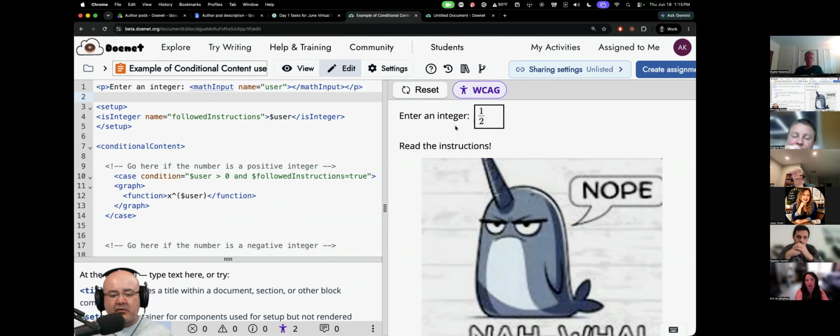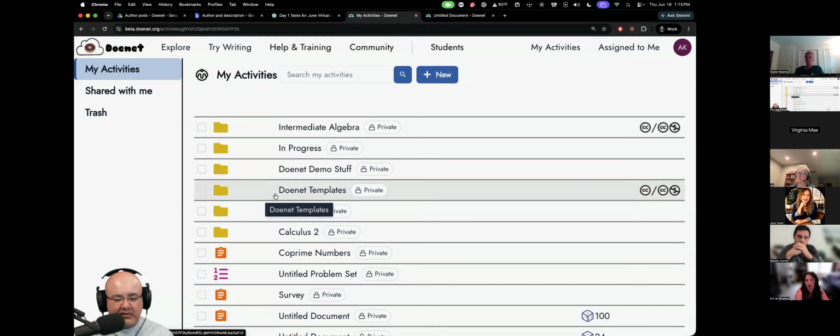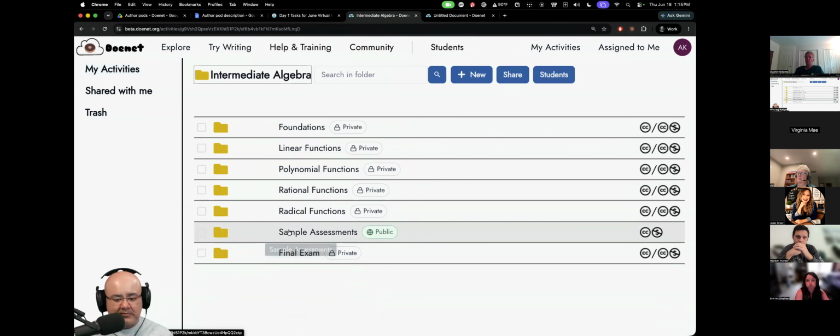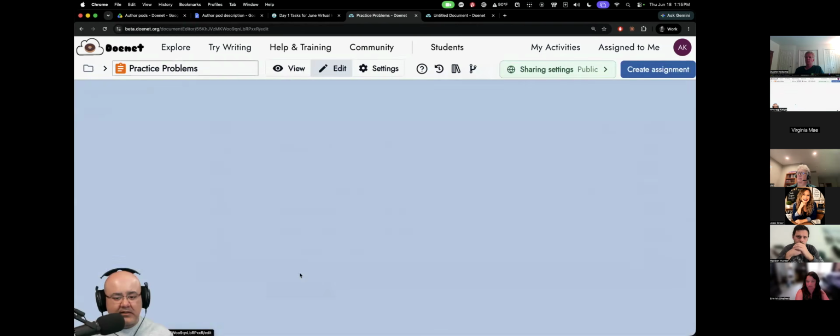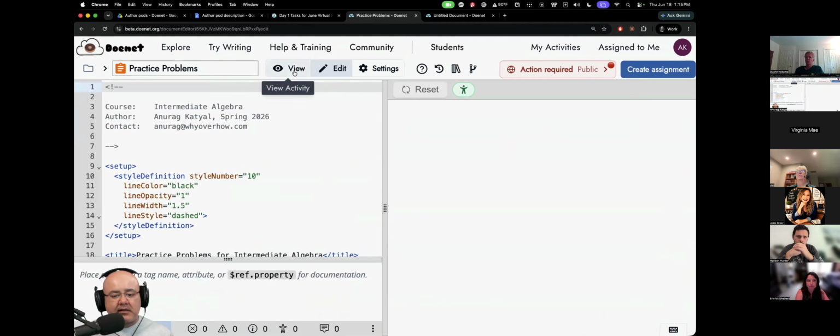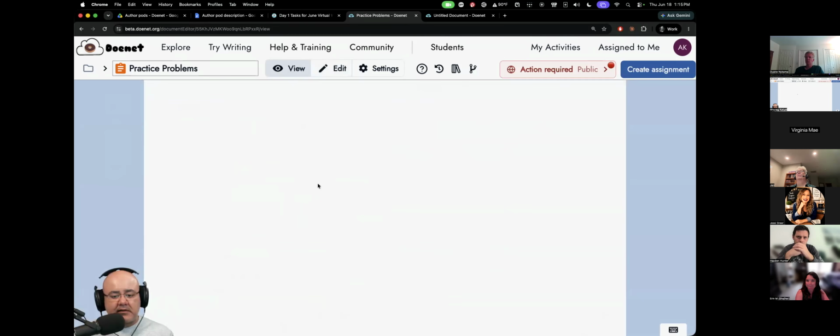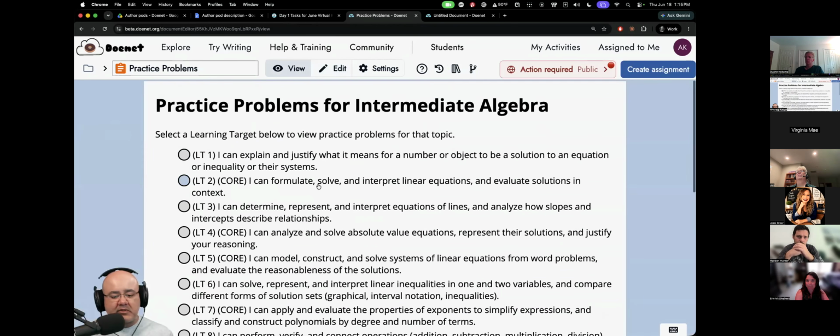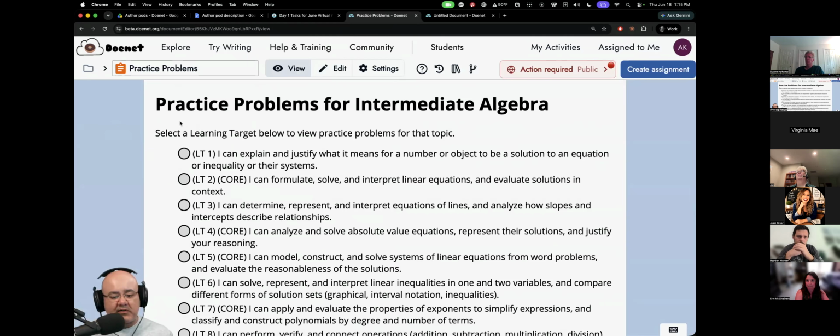And conditional content was what I used to create this thing that I shared at the start of the workshop. Is it in here? Yeah. So here I have a conditional content around the entire activity. If this choice is selected, then that condition will be satisfied. And when that condition is satisfied, instead of just showing positive, negative, or 0, or showing a graph, I'm showing